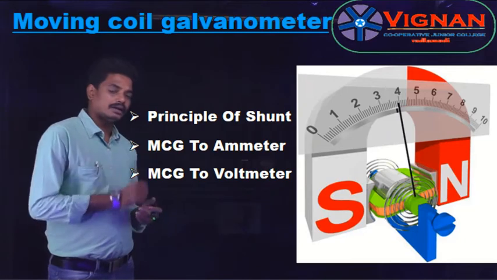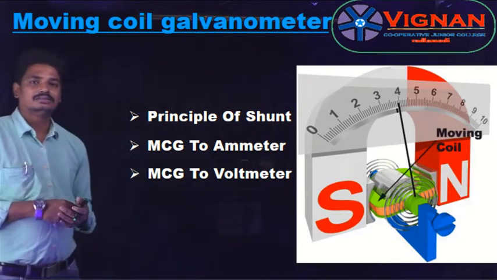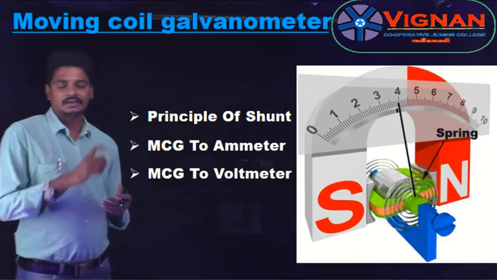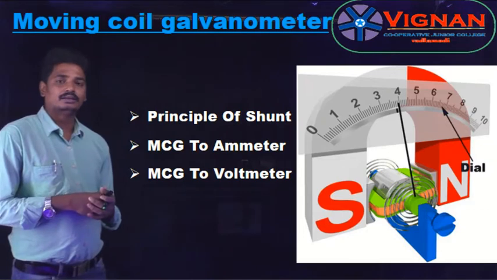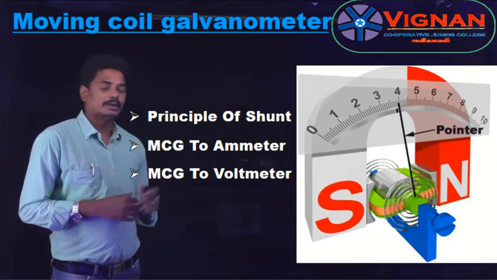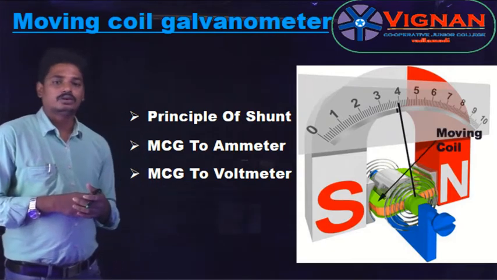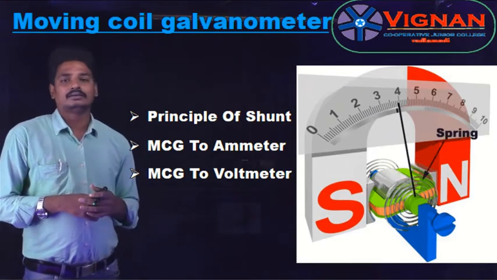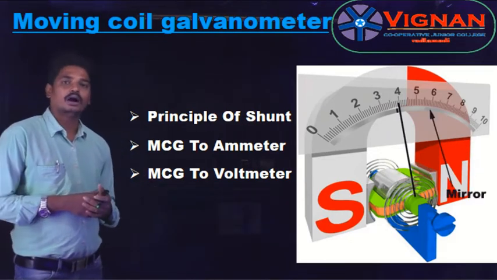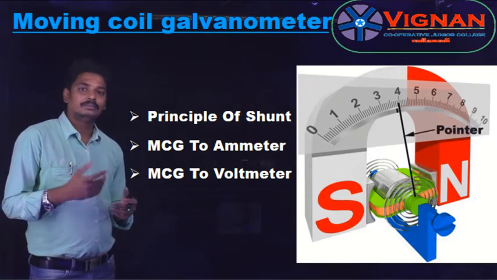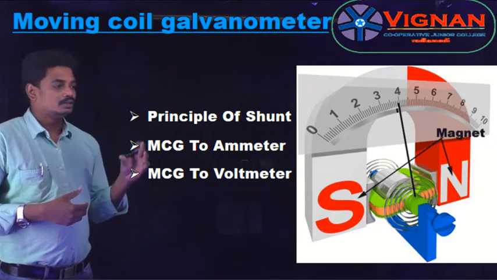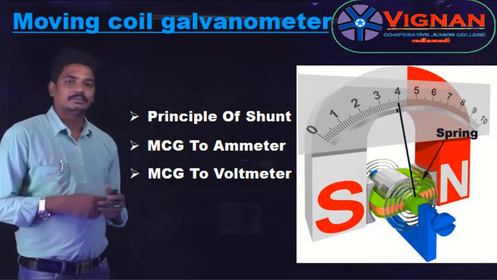The main drawback of this moving coil galvanometer is it can measure or detect only small currents. Whenever a large current flows through the moving coil galvanometer, or whenever a large current is flowing in the circuit, it will cause some damage or it is unable to measure. To overcome the drawback, we use a shunt. What is meant by shunt and how it is used to calibrate the reading and improve the reading of the moving coil galvanometer can be discussed here.